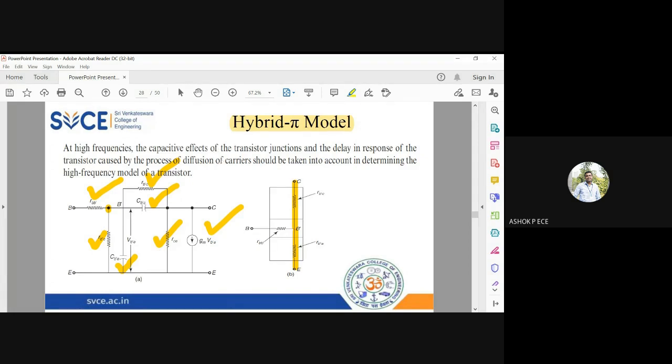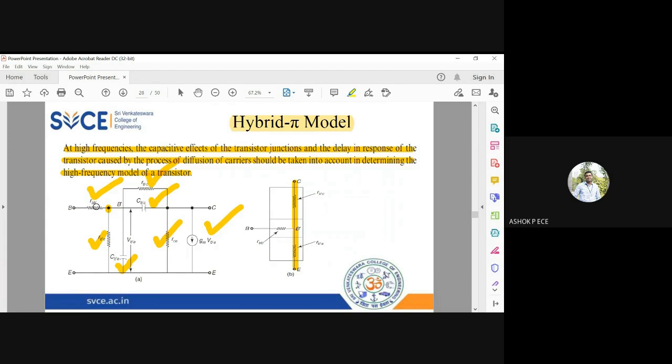model. So remember, in the h-parameter model there are only three terminals, but in the hybrid pi model, because of the high frequency effect of capacitance, I am going to introduce one more terminal called B dash. B dash is already there inside, but in the h-parameter model B dash need not be used because at low frequency there is no effect of B dash. Only at high frequency I need to consider the terminal B dash. So I am going to redraw a new model called the hybrid pi model.